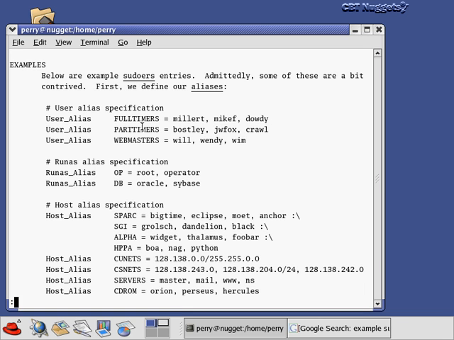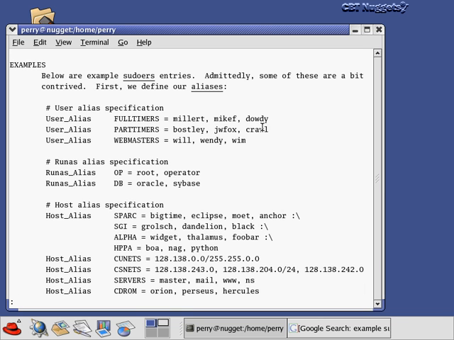Okay, so here they have full-timers like Miller, Mike, and Dowdy. These full-timers will have certain privileges when we get down later on in the configuration file. But the reason that we create an alias here, the reason this is nice, is because if some full-timer is fired or quits, we can just take them out of this list, and then they're off the system. The other thing we can do, if we hire a new full-timer, we can just add that person's name to this alias list, and then they will have all the privileges that these other three users were already set